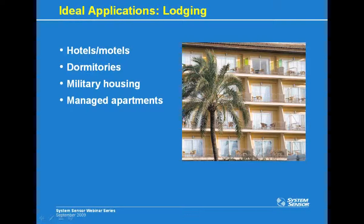And then finally, with part-time residents and limited access to some of those spaces in a managed apartment complex, I'm thinking specifically of the Floridas and the Phoenixes of the world, where they have a lot of part-time residents who are there maybe 6 months out of the year, but the remainder of the year they're back up north with their families. In a lot of those cases, they're starting to put in system-connected detectors, and what they